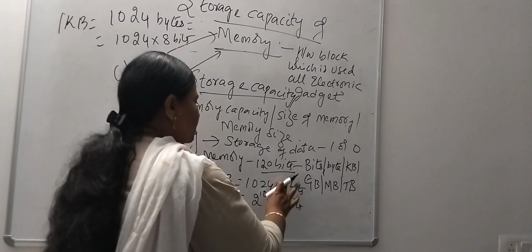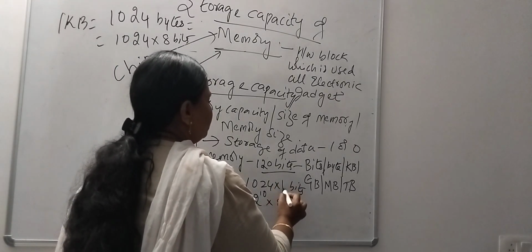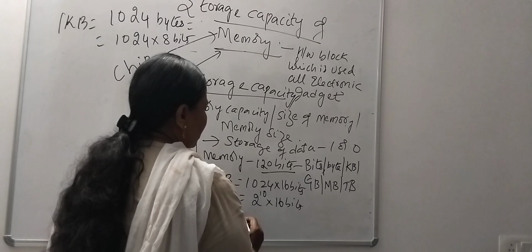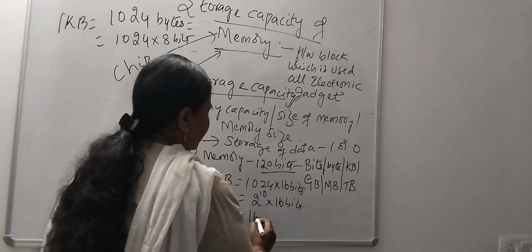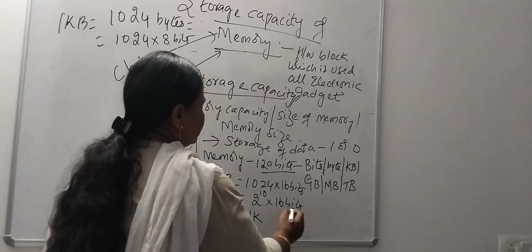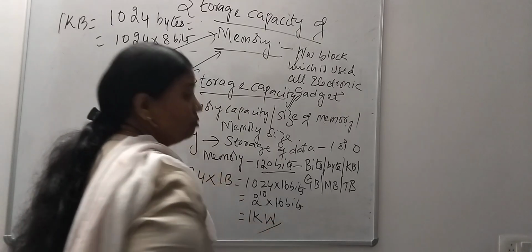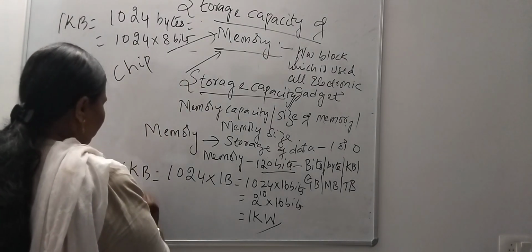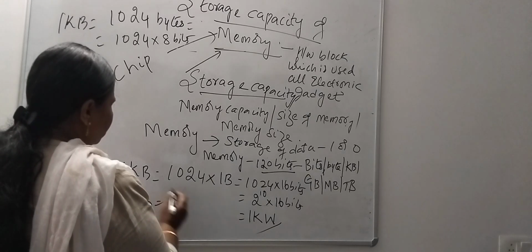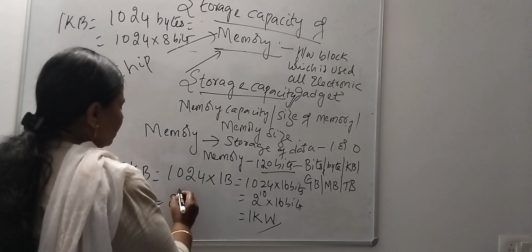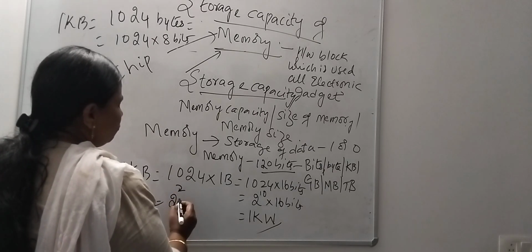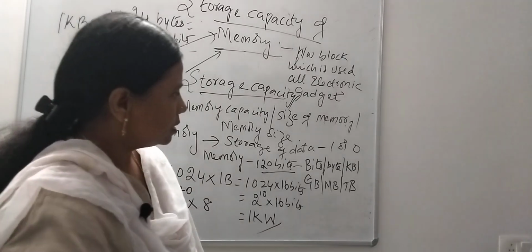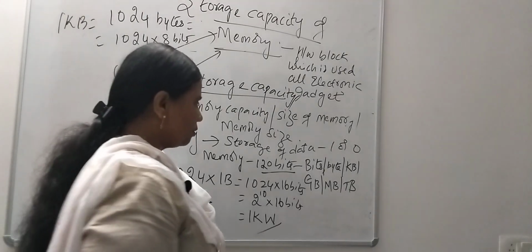Okay, if the memory in each storage location is capable of storing 16 bits, then instead of 8 it will have 16. In that case, 2 power 10 is nothing but 1K, and 16 bits means word, so you have to write 1K W instead of B. When you go for 1 MB, it is equal to 1K into 1K, that is nothing but 2 power 20 into 8. So this is about the units which you are going to express.